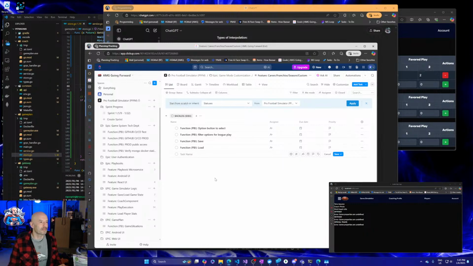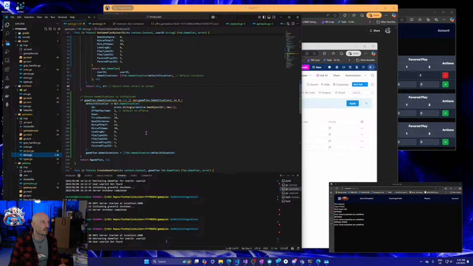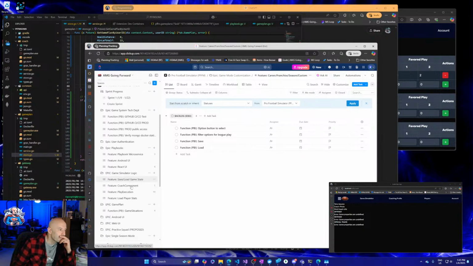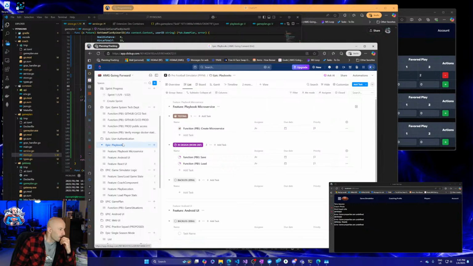Option button to select, filter options for league play, save, load. I guess that's it for now. I can call that good. Let's get back up here. These are things that I need to do. I'm still working on the play. I've got a store that's actually running the playbook. What was the other thing I needed? I'm going to need game simulator. Oh, that's when I'm running playbook and user auth. All right, so I guess the game plan's already loading. So all I really need is my playbook to load in order for this stuff to trigger. And then I need my